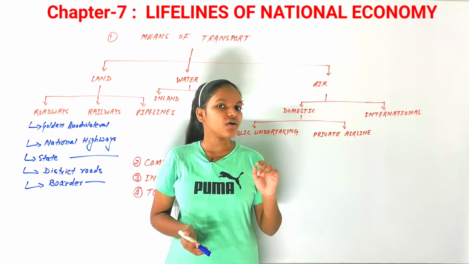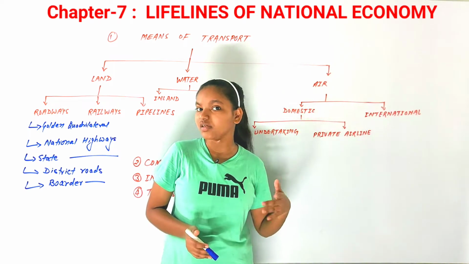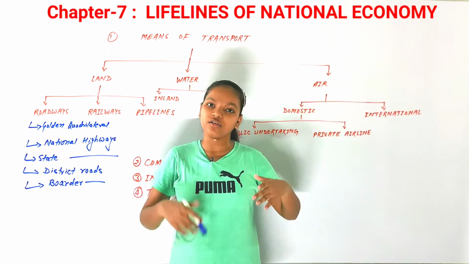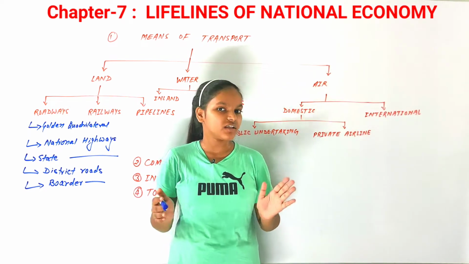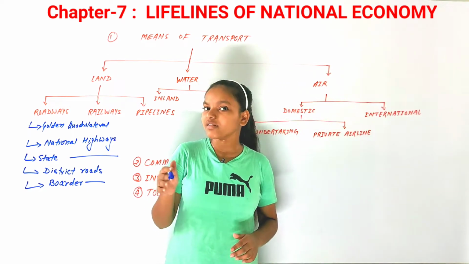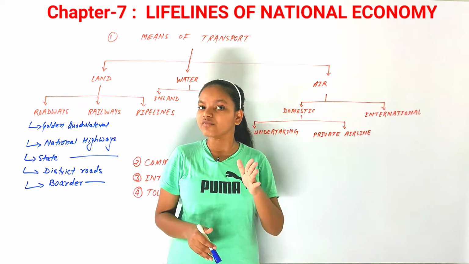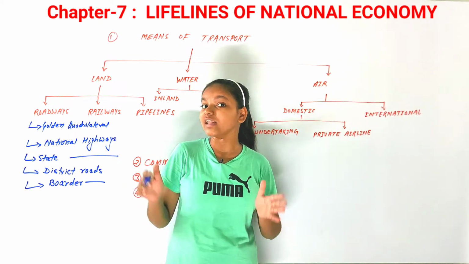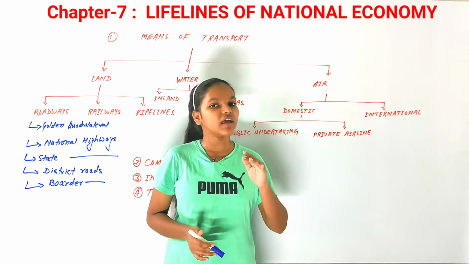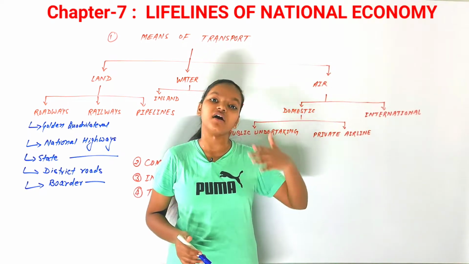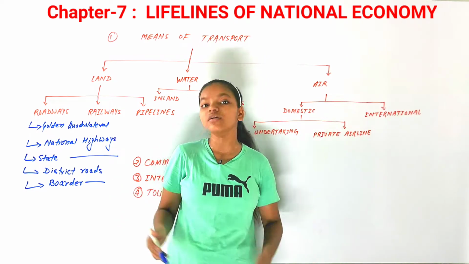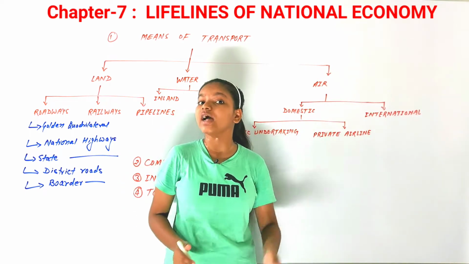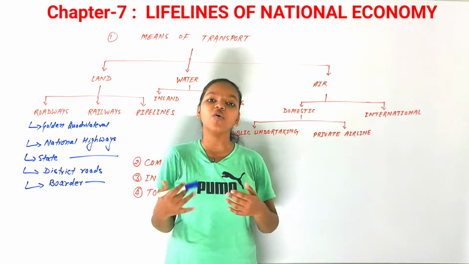Now, in the previous chapter we saw that the production or manufacturing of goods is very important for the pace of development. Suppose you are the consumer. You have a lot of needs for your daily life. Some of them are available in your immediate surroundings, but some of your needs are met from a very far place, and that takes place due to transportation. So you could say that the moving of manufactured products from the supply location to the demand location takes place due to transportation.